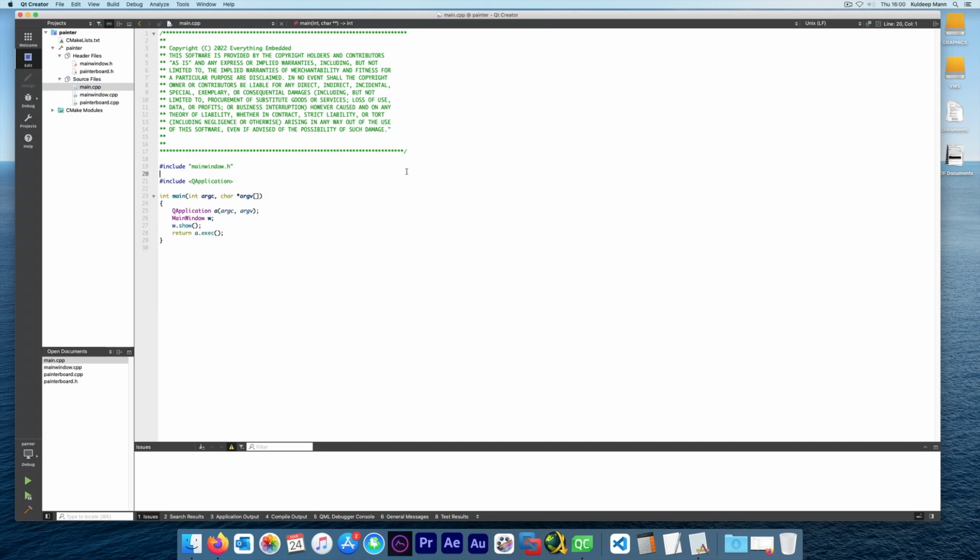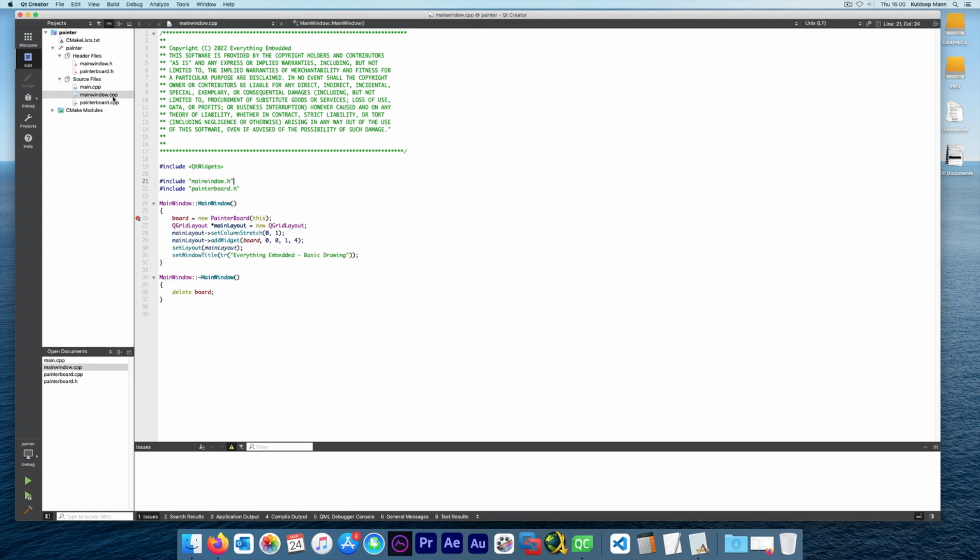So this is the main.cpp, in which we just create an instance of the main window and just let it run. Let it show the window and it goes into its loop. Inside the main window, there is a class which I have created, called the painter board class. Here we are just setting the title, creating our board, and that's all it does really. The entire magic is done in the painter board class.